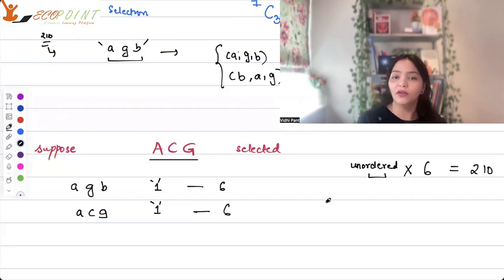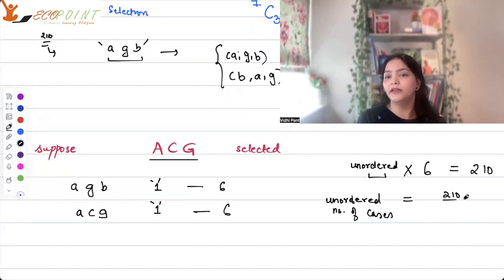So therefore, unordered number of cases would be equal to 210 upon 6. अब ये समझिए, ये 6 क्या है? ये 6 बेसिकली 3 फैक्टोरियल है,